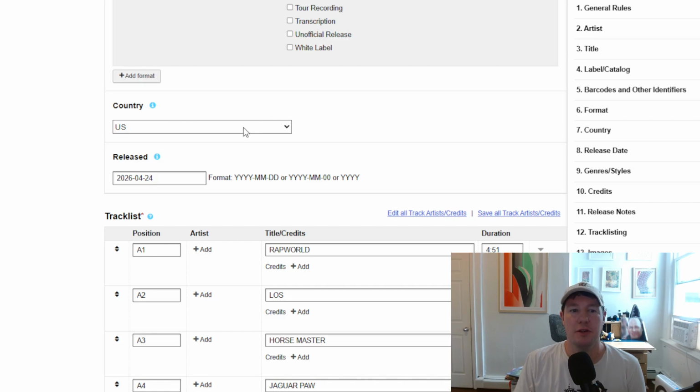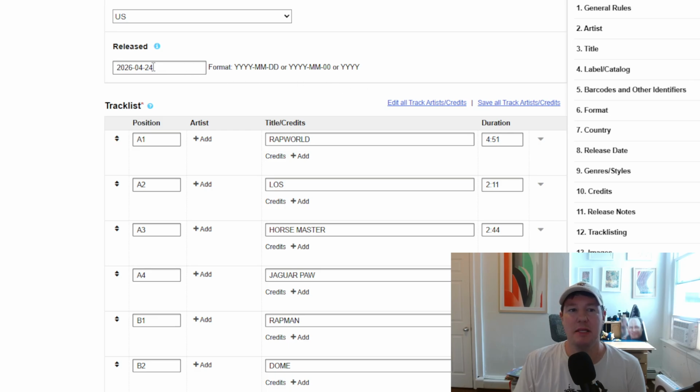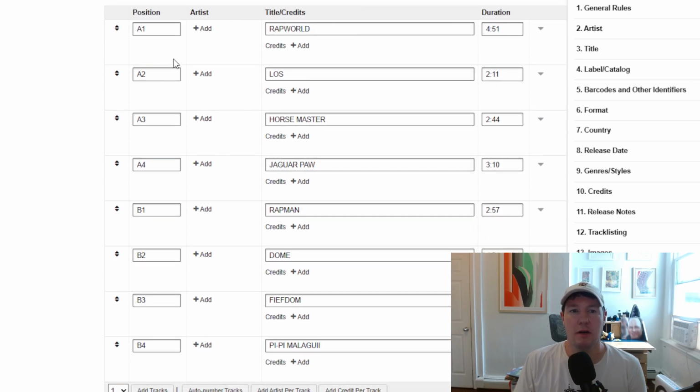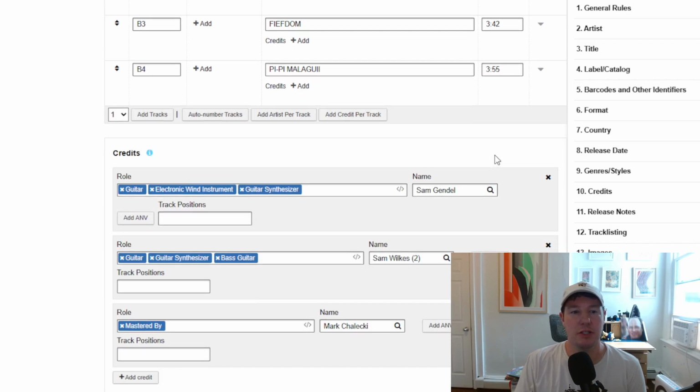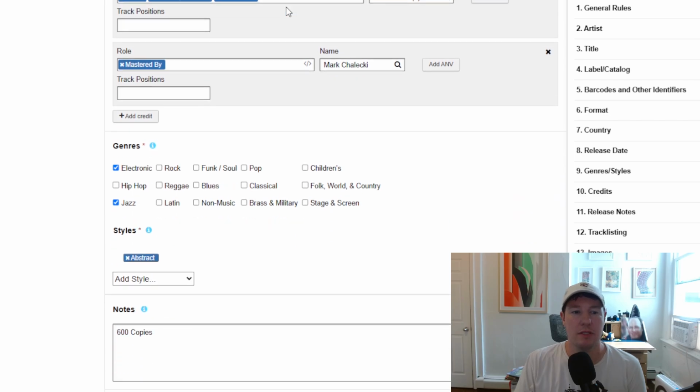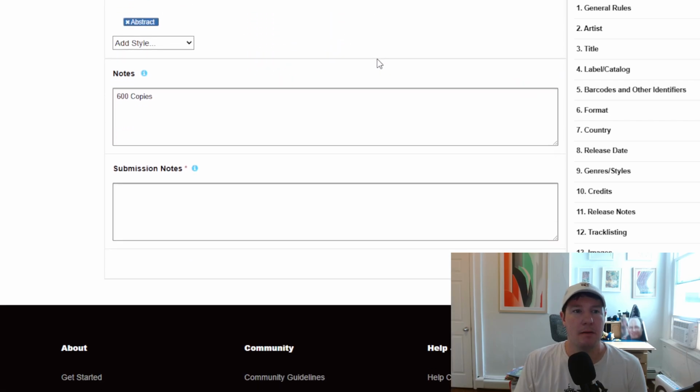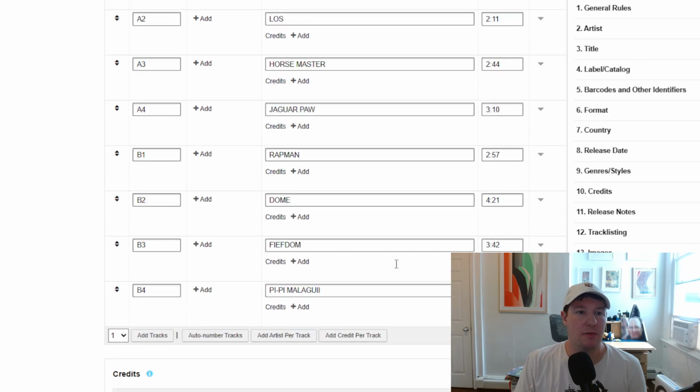Country of origin US. So for example, the Dexter Gordon, that would be Japan, and we'll get to that in a moment. Date released, this doesn't have to be so precise. If you only know the year, that's fine. Someone's put in all of the tracks and their position on the A sides and B sides, along with the durations. And we're just going to skip down here to